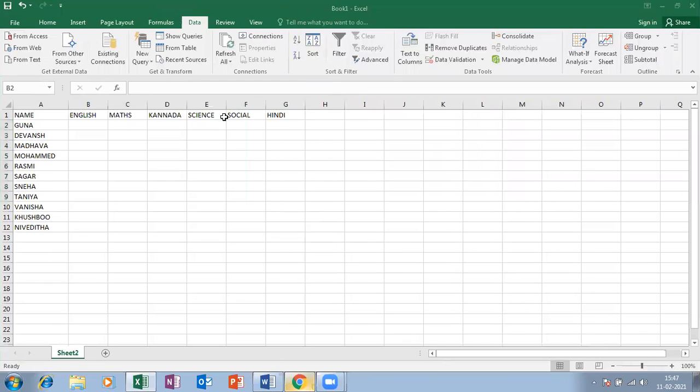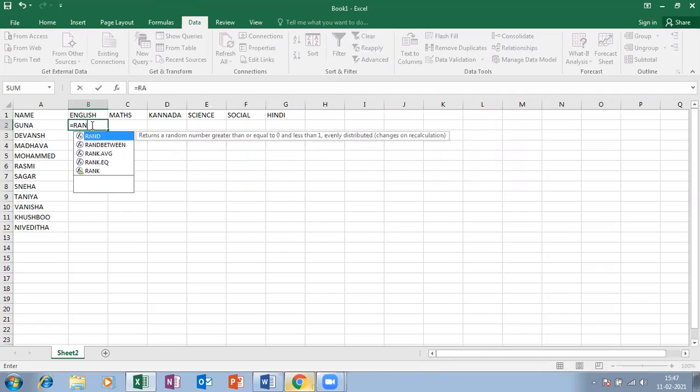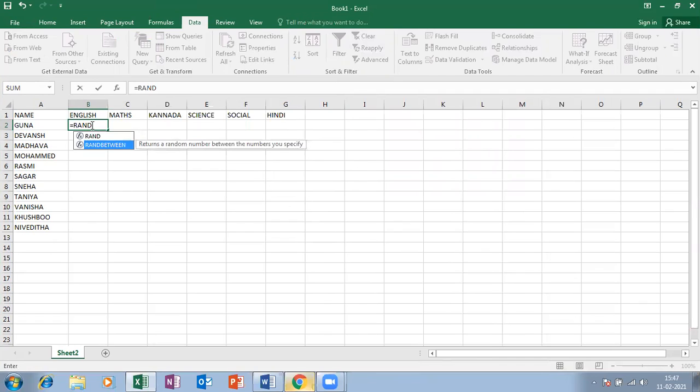Instead of typing the values for each and every one, let's use a function. The function name is RANDBETWEEN, equals RANDBETWEEN. What is RANDBETWEEN? It returns a random number between the numbers you specify.